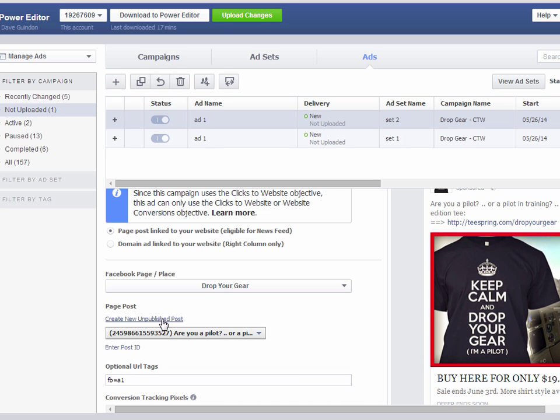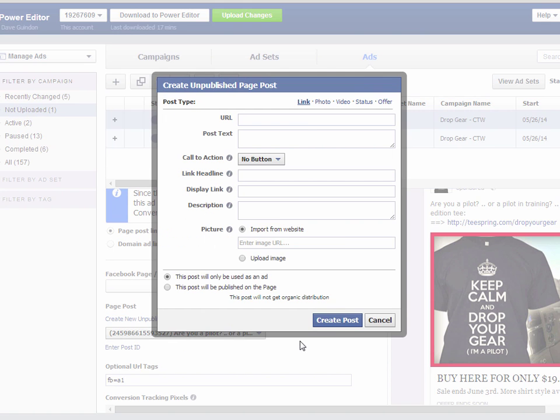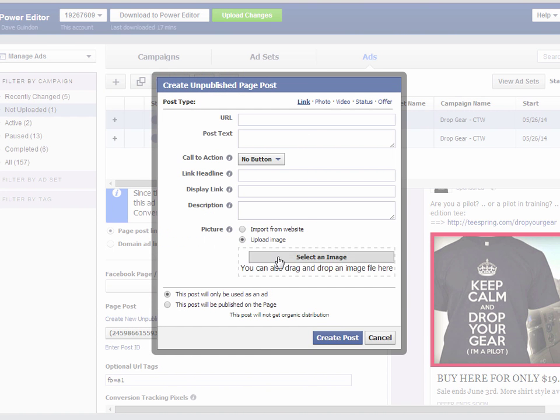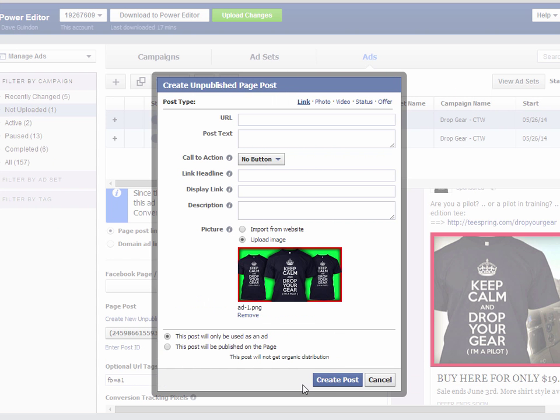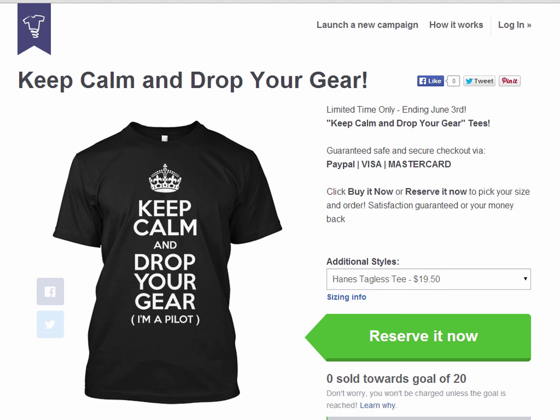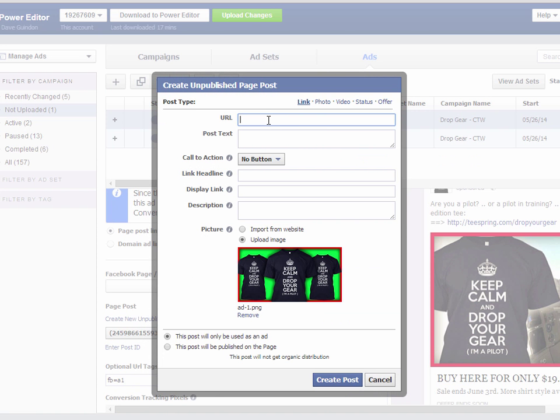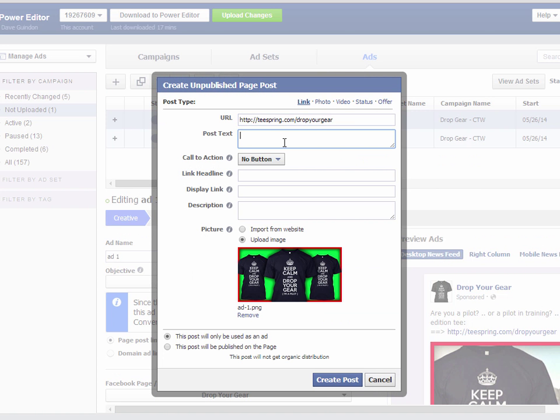So first let's create our post again, and I'm just going to do the same thing I did before. So let's go and grab my image first, and let's go with the green because that sort of pops out quite a bit. I need my link again. Put that in there. You go, are you a pilot or a pilot